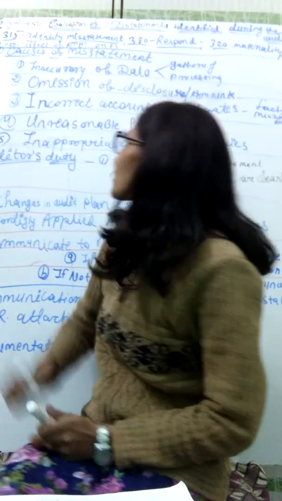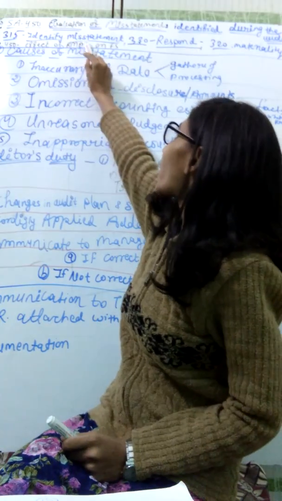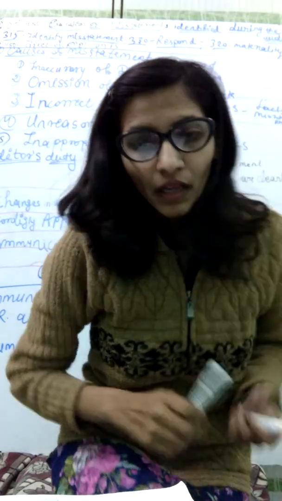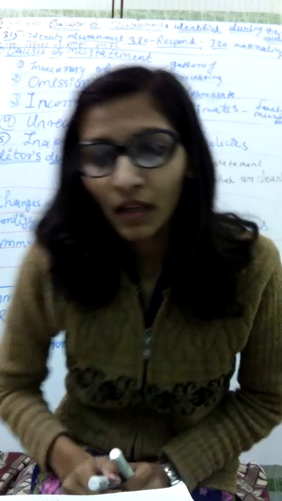Now we take up our discussion of ISA 450. ISA 450 is the evaluation of misstatements identified during the audit. This standard is revised and comes into effect